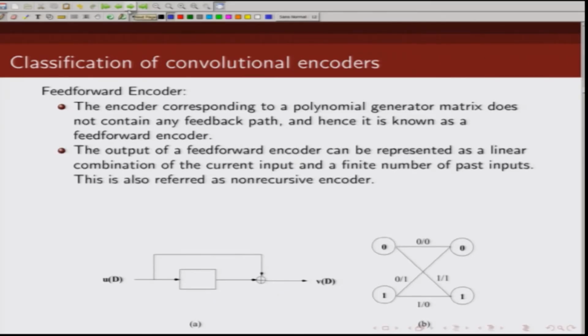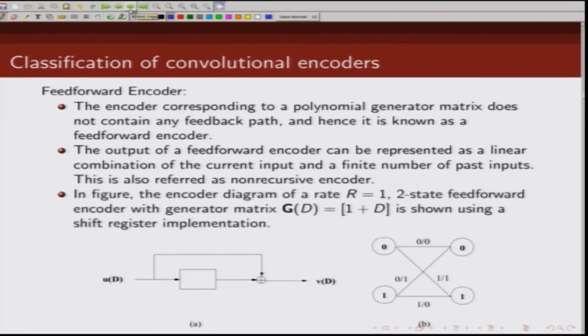Now, we can represent the output of a feed forward encoder as linear combination of current input and finite number of past inputs. We also refer to this type of encoder as non-recursive encoder, and in this we have an example of a rate 1 code, because input is 1 bit, output is 1 bit, and the generator matrix of this